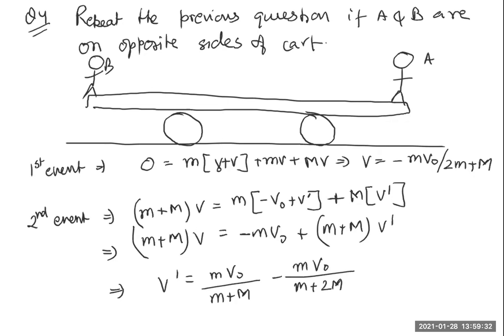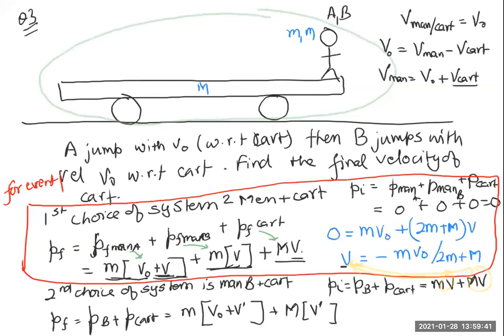सेकेंड इवेंट में जो मैन जंप कर रहा है उसका नहीं समझ में आ रहा है। ओके, ये वाला क्वेश्चन क्लियर है ना? तो जोहेब, ये वाला क्वेश्चन क्लियर है? पीएफ में केवल ये चीज नहीं समझ में आ रही है, ये वाली चीज समझ में आ रही है ना? ओके, अब देखो,